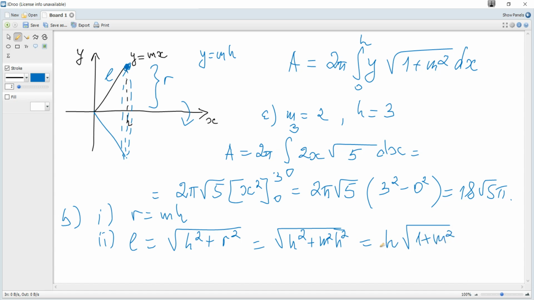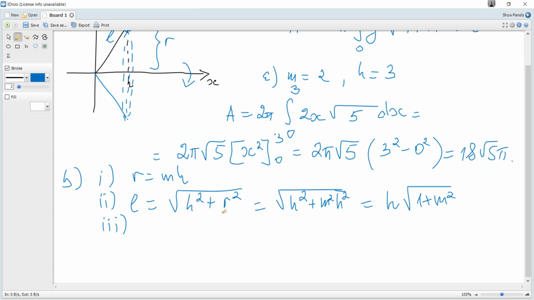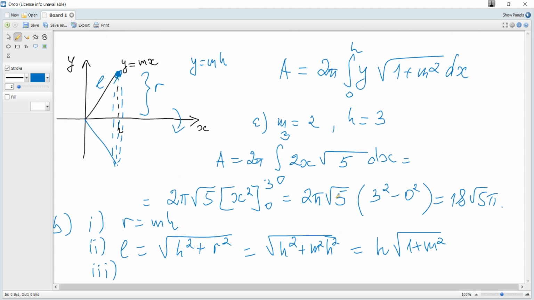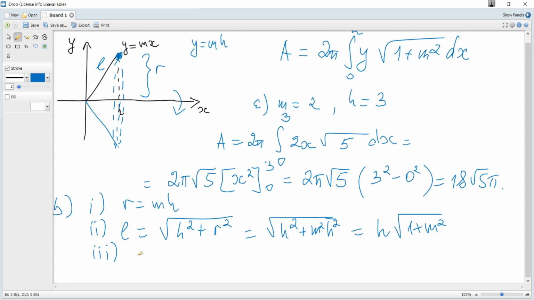The next, hence, by using the above integral, show that A is pi r l, 3 marks. Pi r l is a known formula for the surface area of a cone, and we need to get this result. So we just